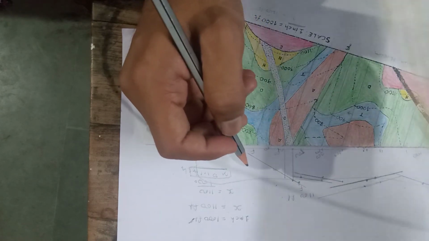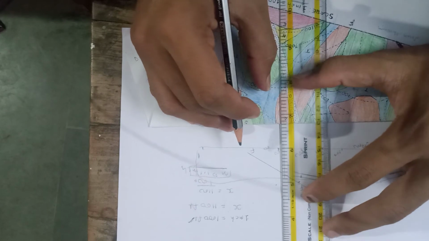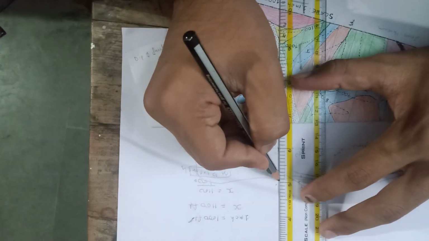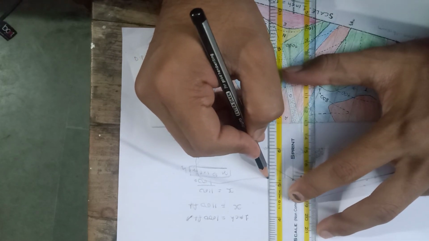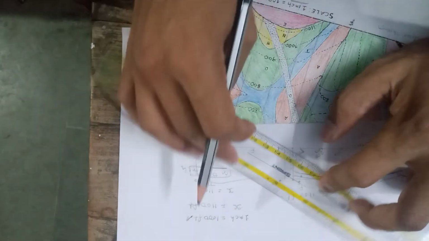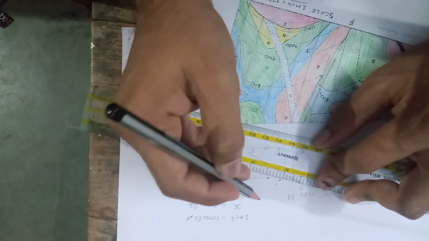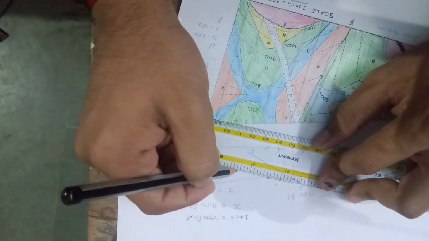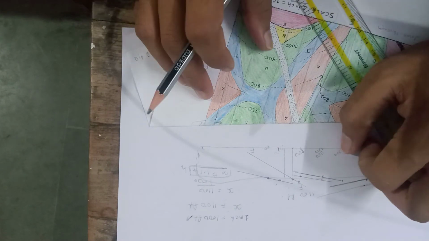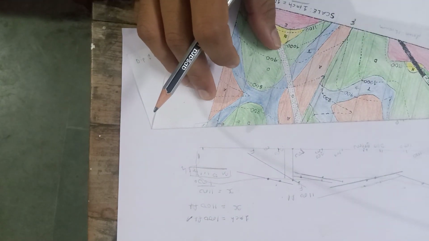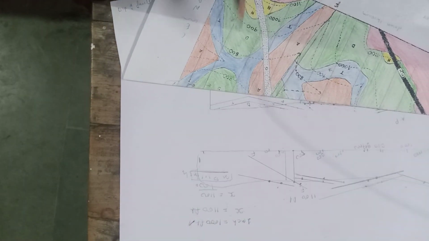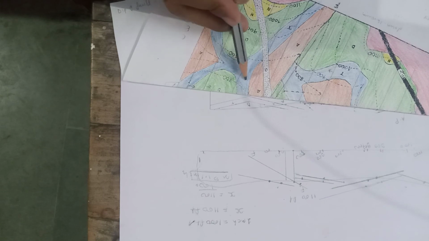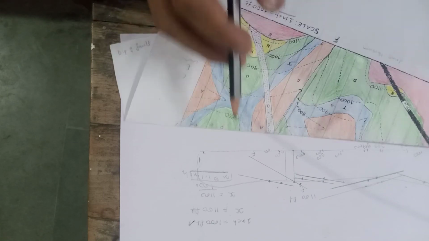Now put the scale here. This is of 900, so this will be here, and this is of 800, so this will be somewhere here. Now make a line, this will be like this. Now what you have to do is make the T and D contact, this is T and this is D, for the TD contact here.